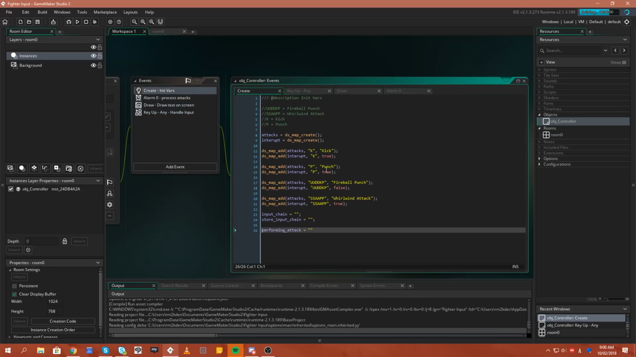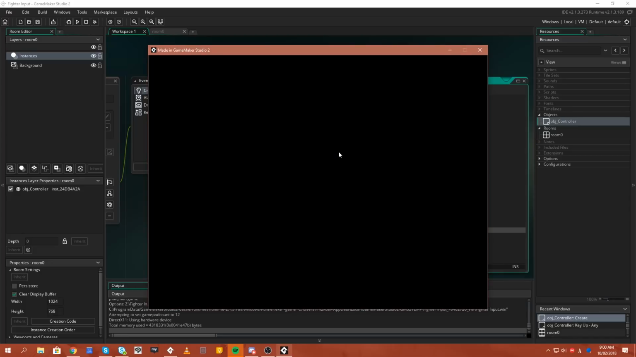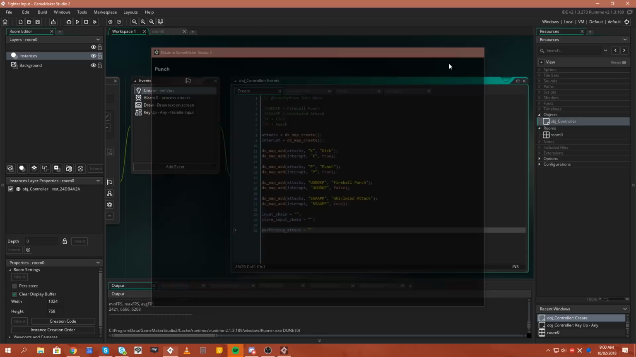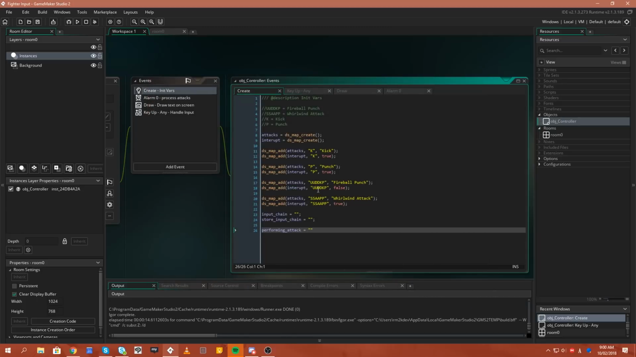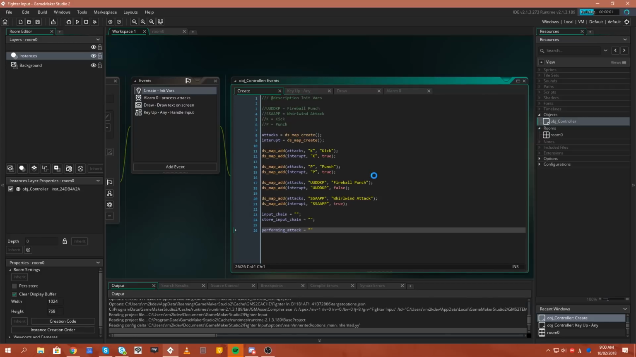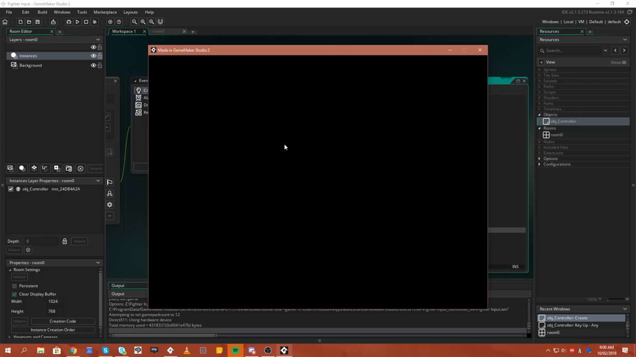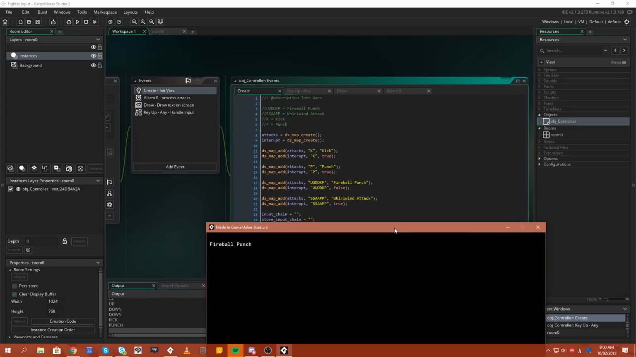So let's have a look at these. K and P are kick and punch. So if I press K, or I'm pressing the letters K and P. If I press K, we get kick. If I press P, we get punch. So kick, punch, kick, punch. Right, so that's working. If I press up, up, down, down, kick, punch, we should get fireball punch. So let's see if that works. Up, up, down, down, kick, punch. There we go. You have to get the timing right, because if you don't, you're going to get the wrong attack. So there's fireball punch, and the other one was,